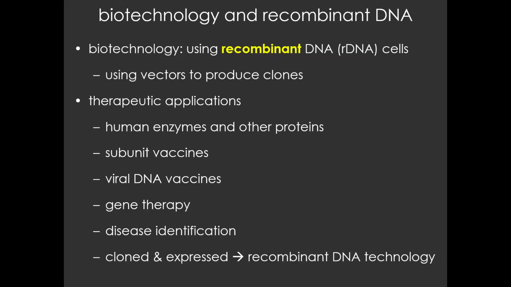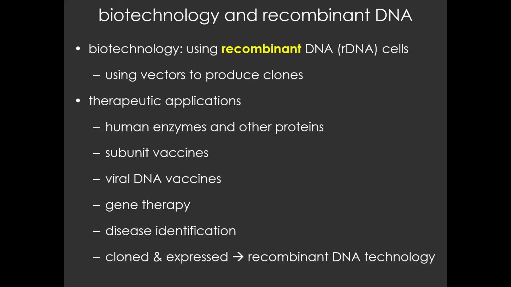So what we're going to do here is try to apply the concepts that we learned in our genetics lecture to certain aspects of biotechnology. And so what we're really going to talk a lot about is using recombinant cells, which, as you remember from the previous lecture, are recombinant because they have DNA inside of them that has been donated to them from an outside source. So that was something we talked about in the previous lecture. We talked about horizontal gene transfer as a natural phenomenon. Today, what we're going to do is talk about horizontal gene transfer as an